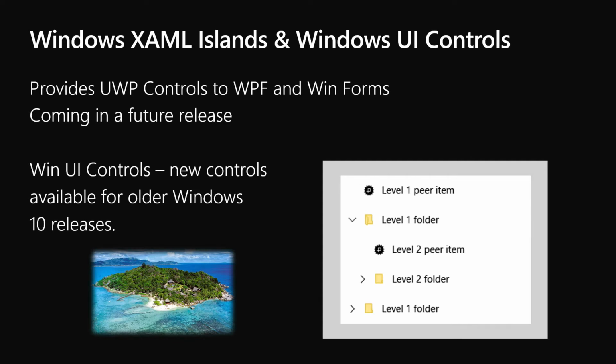Basically, each time we release a new version of Windows, there are some new cool controls that come out. For instance, this new tree view control, which is touch sensitive and sensitive to pen and all that kind of stuff. Well, gosh, that'd be nice to put in the Gospel Library, but half of our users are still four releases back. Well, with WinUI controls, now you'll be able to pull that down in a NuGet package and still have that run on older releases of Windows. So they're doing some cool things there.